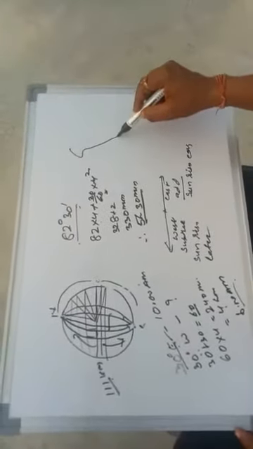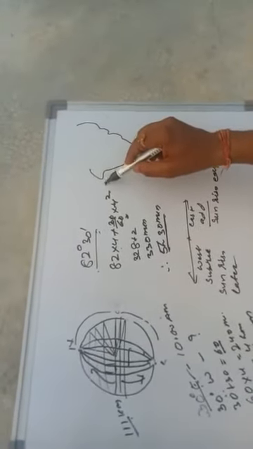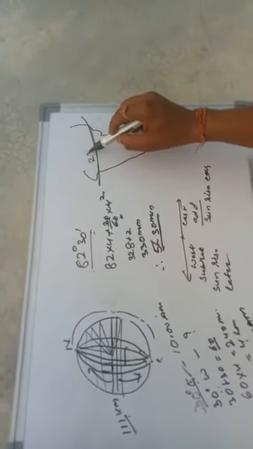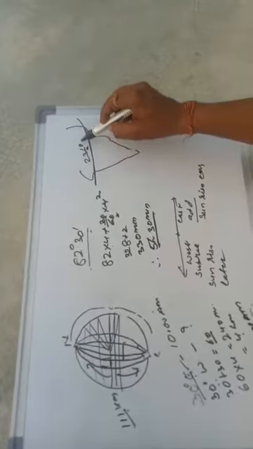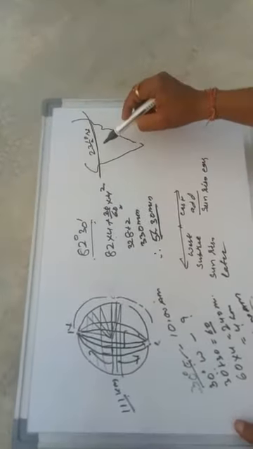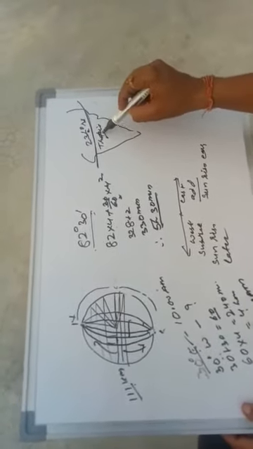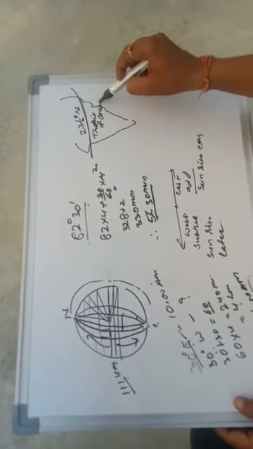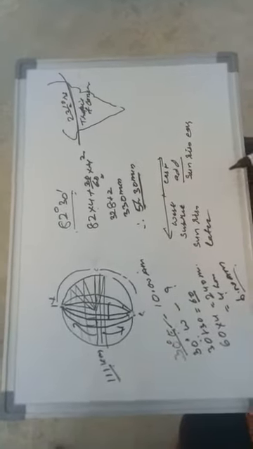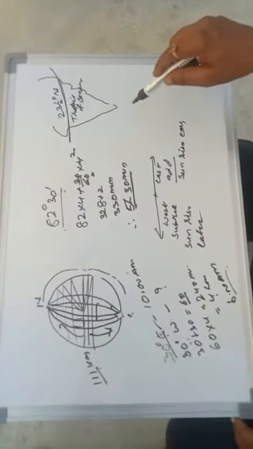Now a few things about the sea. It is your 23.5 degree north latitude. Its name is Tropic of Cancer. It is an important latitude which divides India into two equal halves.